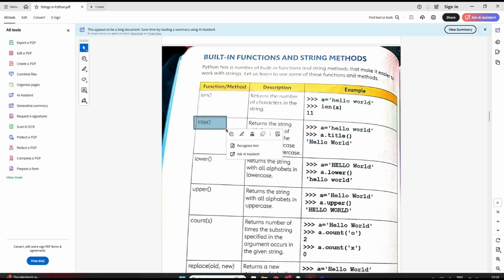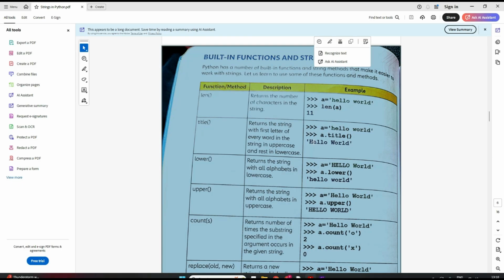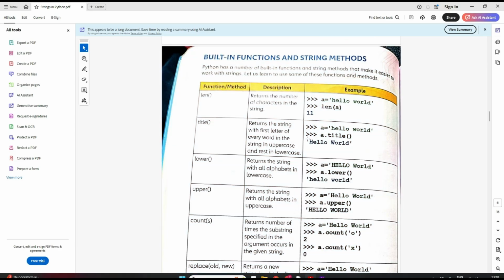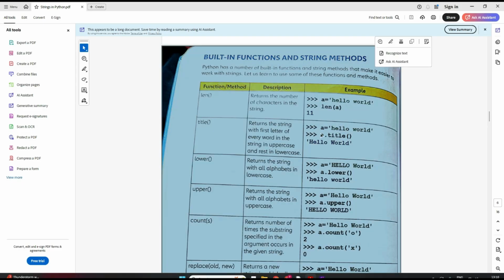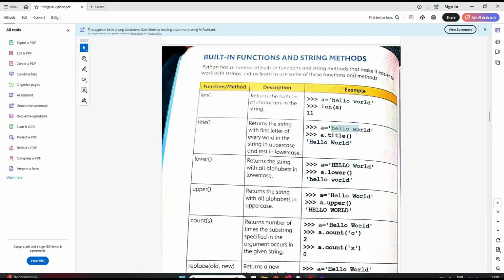Title returns the string with the first character of each word as capital. See here the example given, hello world. Here the first characters H and W are in small letters, but if I write A is equal to title, it will return the first characters in capital.